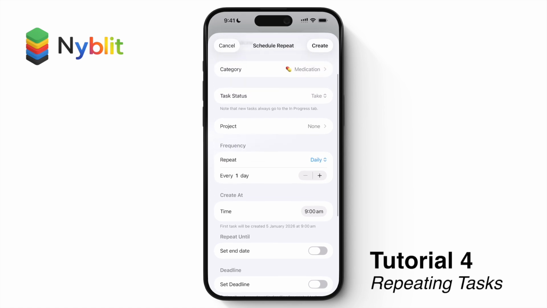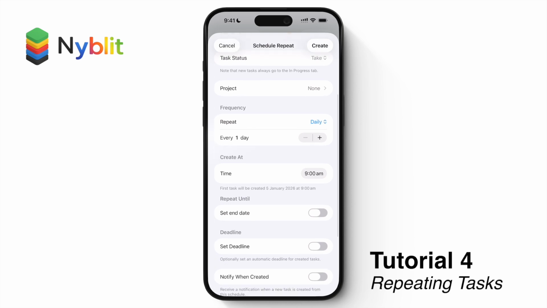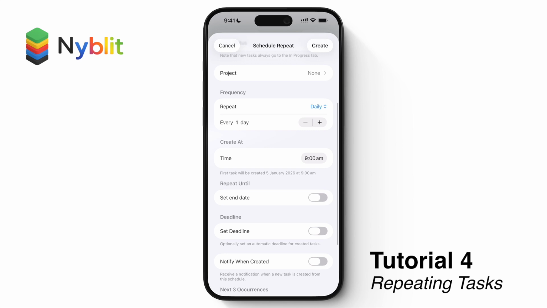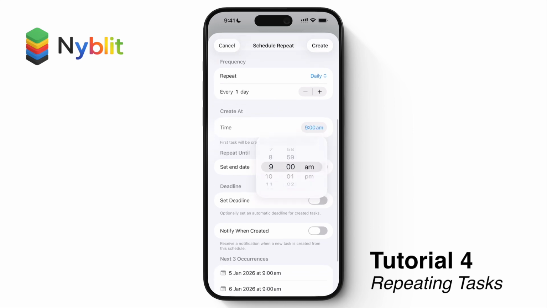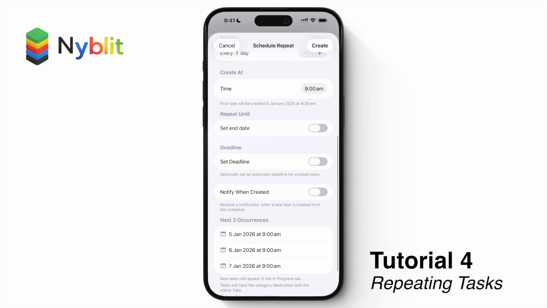You don't have to have a category for repeated tasks, by the way. You can just leave it blank and it will just go into in progress. We're not putting it into a particular project. We want it to repeat daily, every 1 day. And 9 AM is actually perfect, and there's no end date,